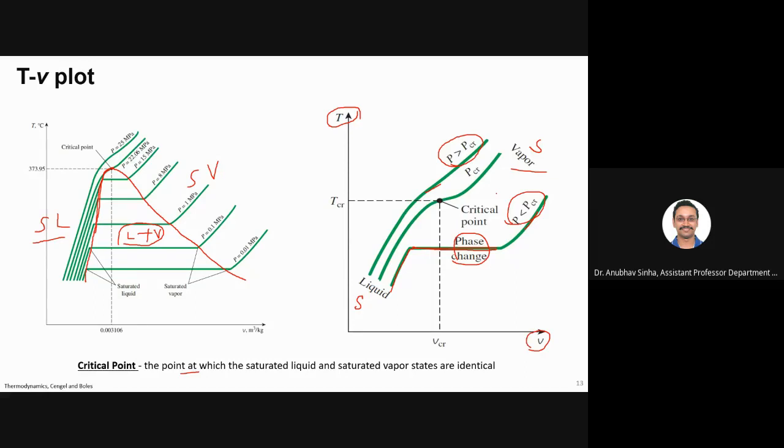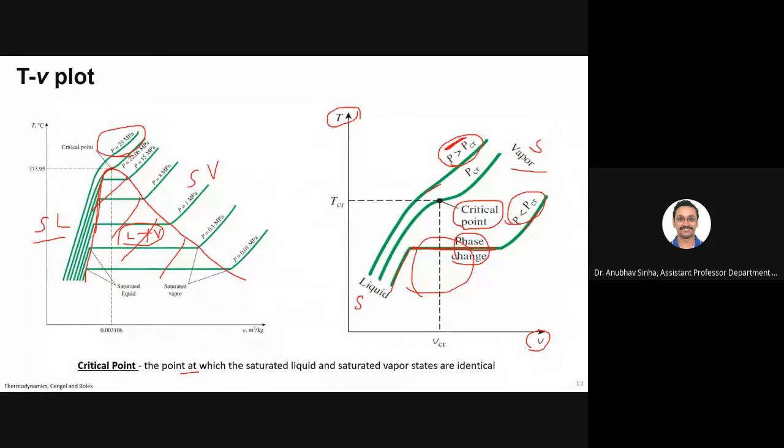At that high pressure, we do not discuss much about it. We are mostly interested in the critical point, which we'll see by the end of this chapter. Beyond that, we are not much interested, so don't worry much about that. We'll mostly limit our discussion to this region inside the vapor dome. This is where we are interested. But you should definitely know what critical pressure and critical point are, and we'll try to limit our discussion to within this normal range.